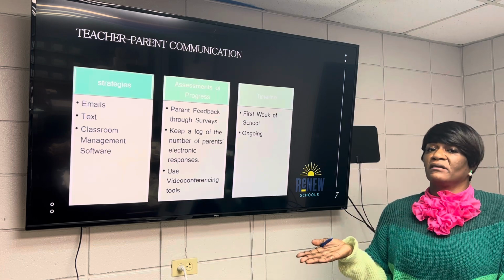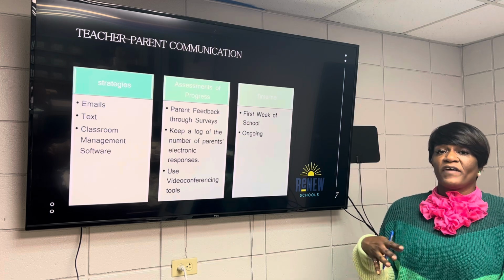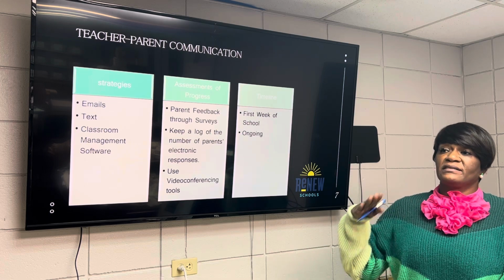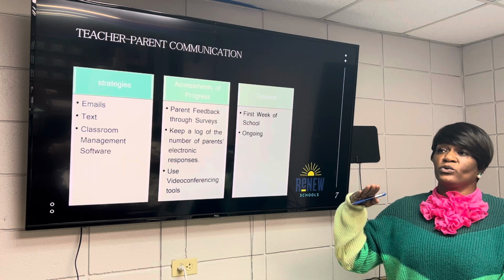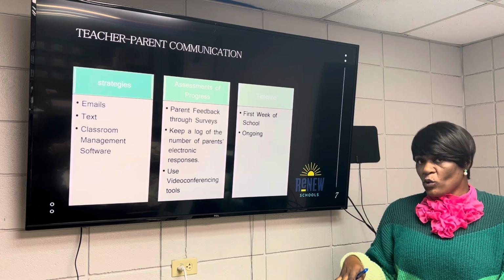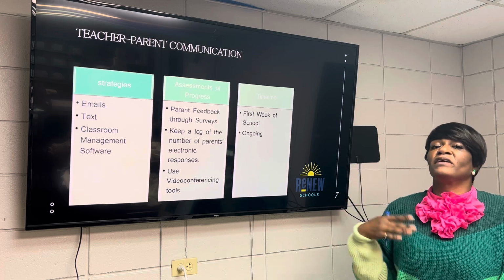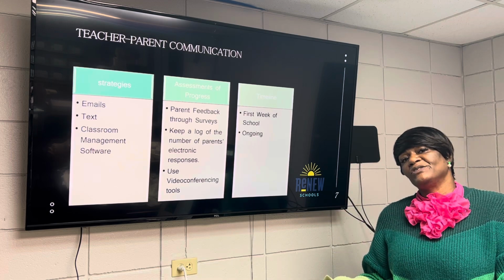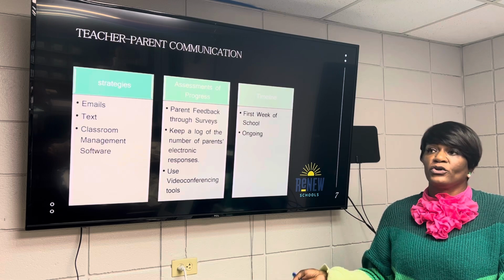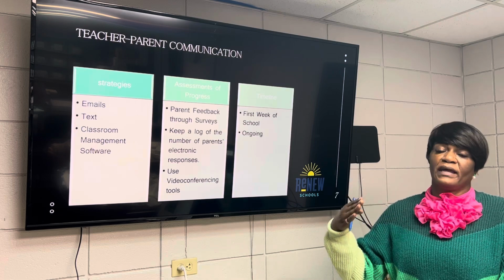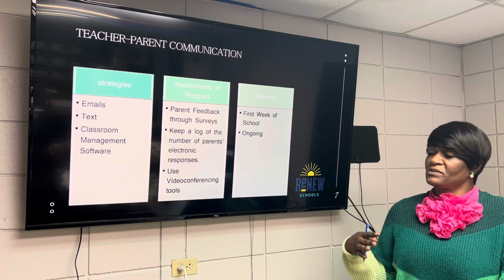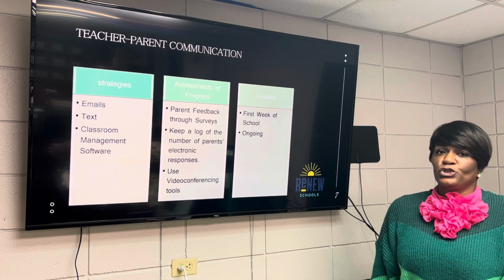The parents get their own profile, but they can also look and see what their kids are doing in school. They can read behavior reports. They can see what their grades are like in every class. So if they do have any questions for the teacher, they'll be able to ask the teacher, and the teacher and the parent can be on that app at the same time and looking at the same time. So that's another effective way to